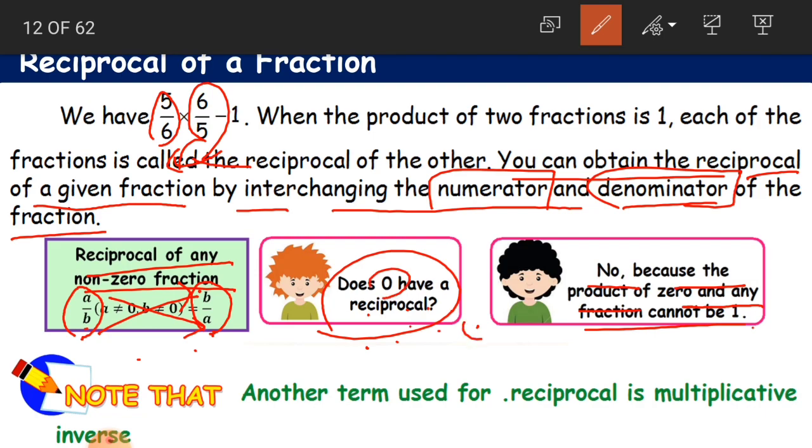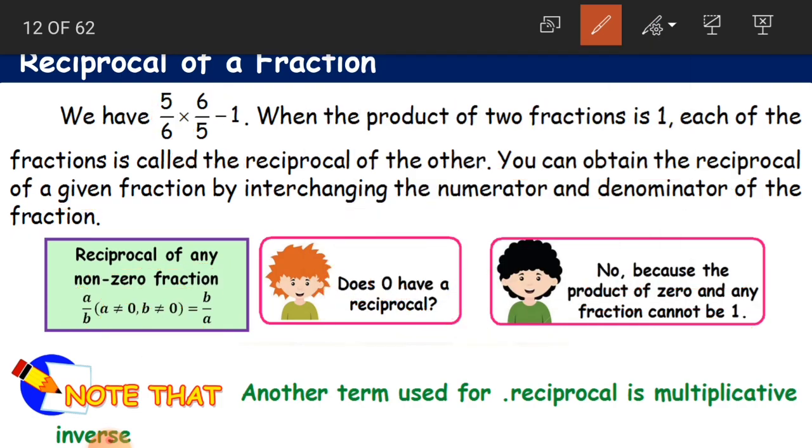Now how is 0 a fraction here? As I said, for any whole number which does not have a denominator, we assume that its denominator is 1, okay. Now for the fraction 0/1, what will the reciprocal be, students? The reciprocal will be 1/0, right? Yes. So if you look at this, 0 into 1 becomes 0 here, and again 1 into 0 becomes 0. The product here is not equal to 1. So 0 does not have a reciprocal.